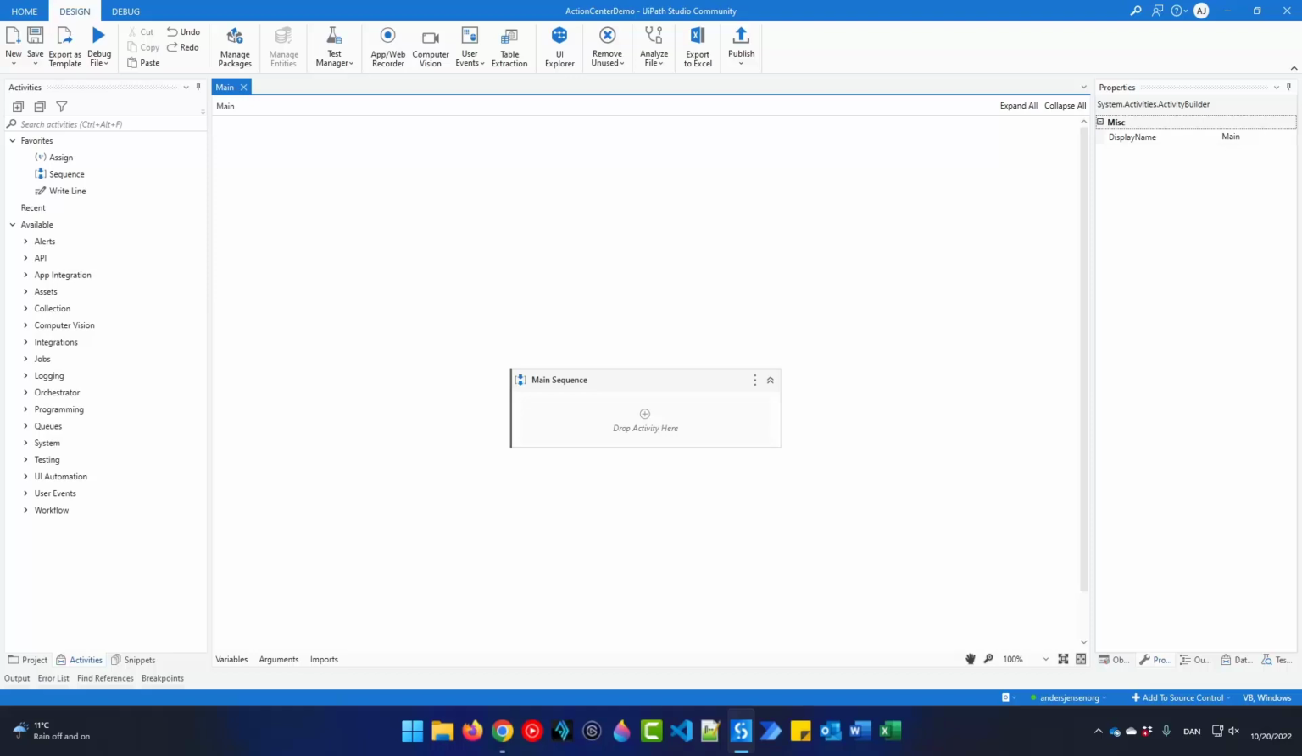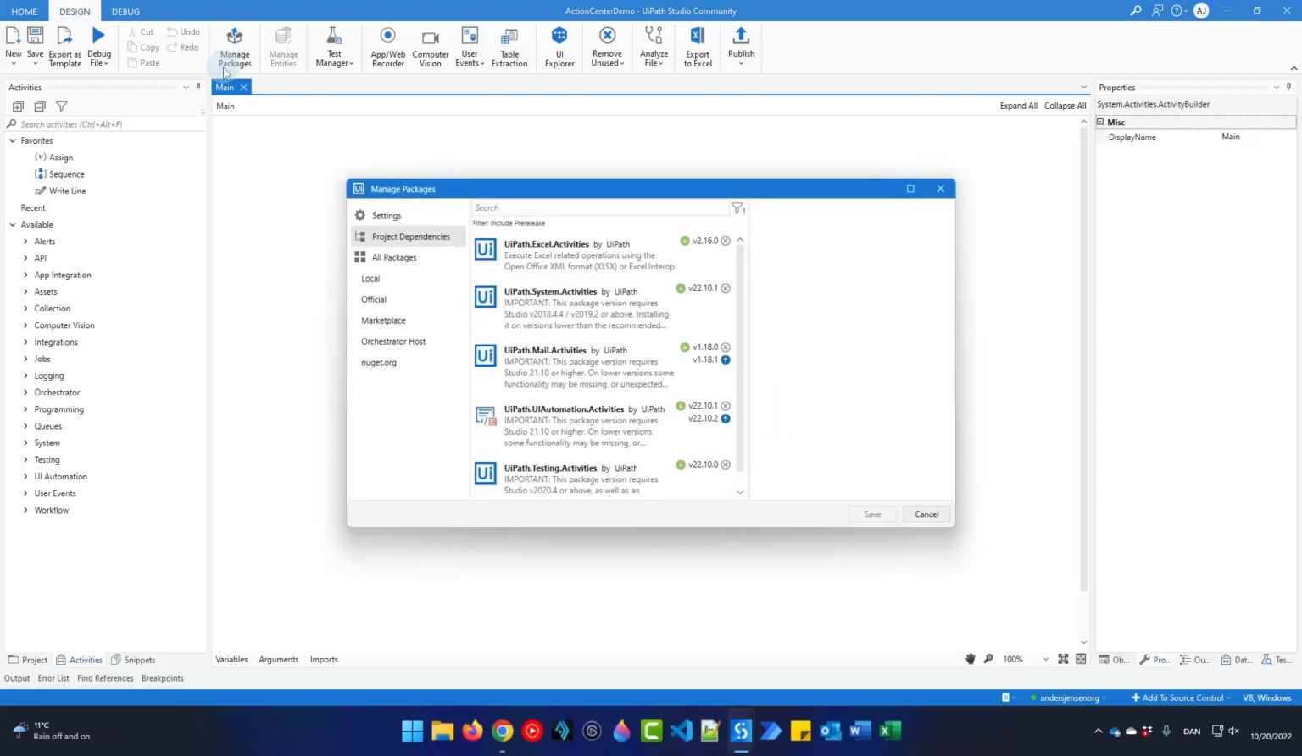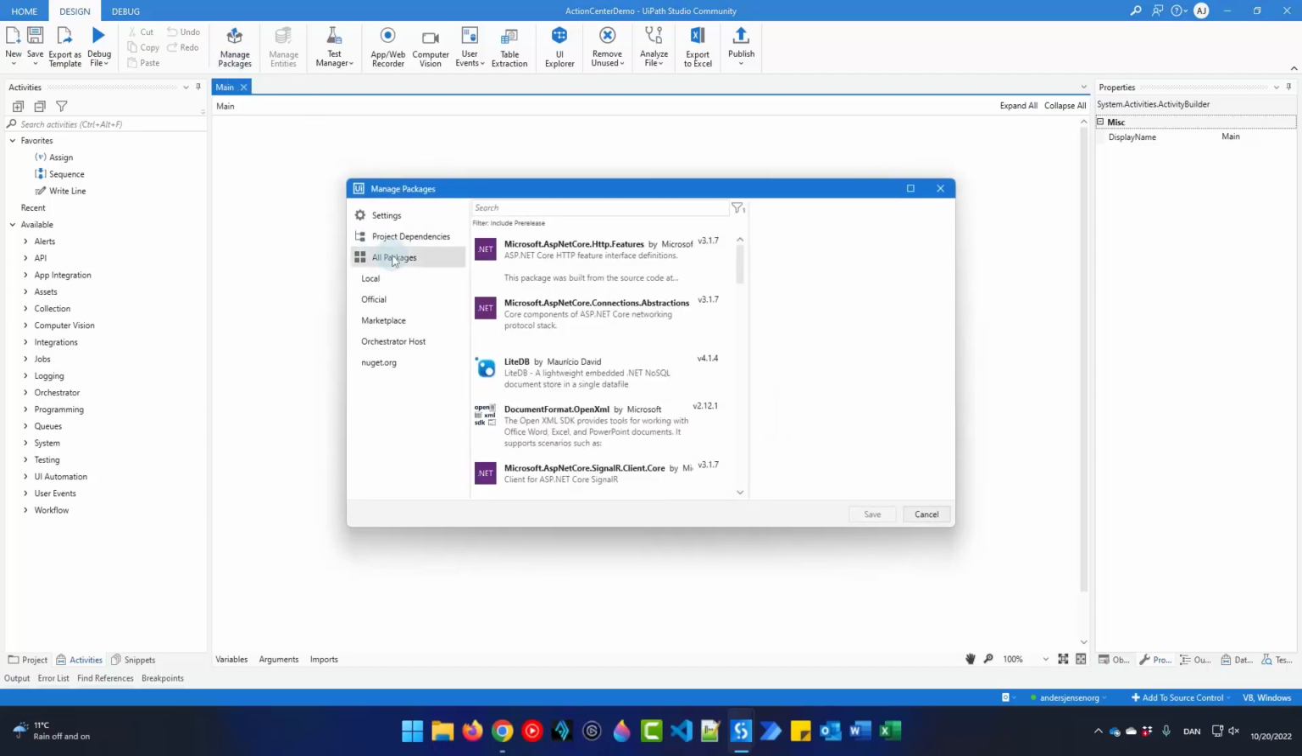The UiPath Action Center is used to handle actionable items such as approval flows. It supports long-running unattended flows, and we'll click Manage Packages. Today we'll design a flow centered around the Action Center. And the first thing we'll do is to find a